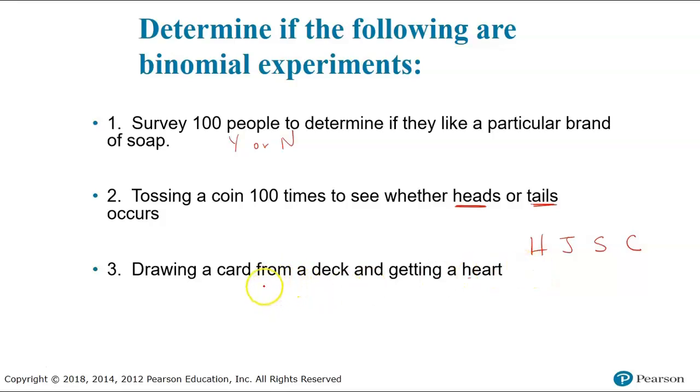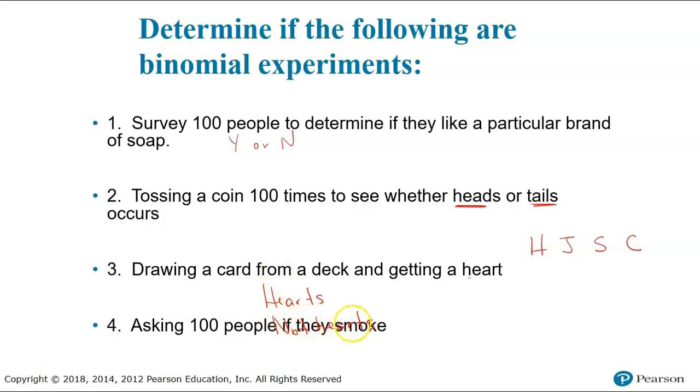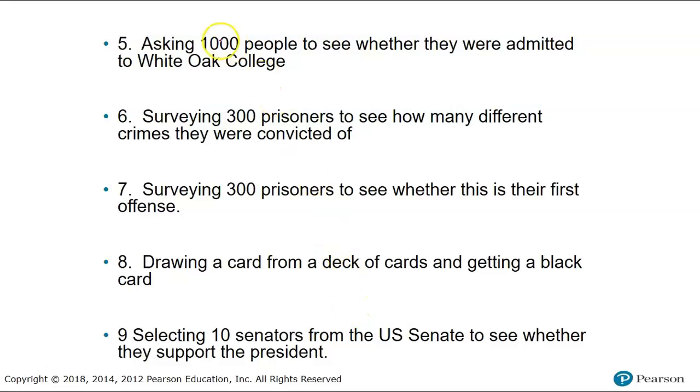I will say this, if you look at it as hearts and those that are not hearts, then you can take a situation like this and make it binomial. So this would be kind of your success and this would be your failure of that. So it really depends on the context of the problem sometimes as to whether it's binomial or not, and how you interpret it. Okay, asking 100 people if they smoke, that's a yes/no question, so it would definitely be binomial. Asking 1,000 people to see whether they are admitted to White Oak College, again, it's yes/no, so it would be